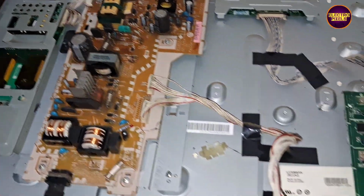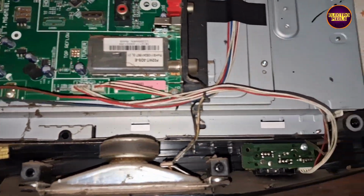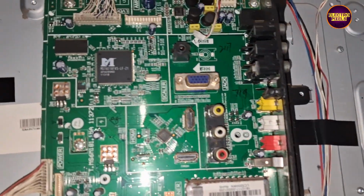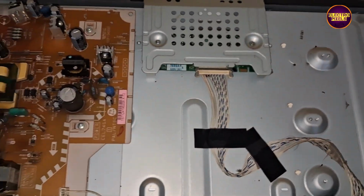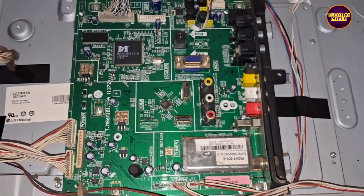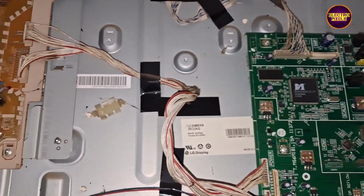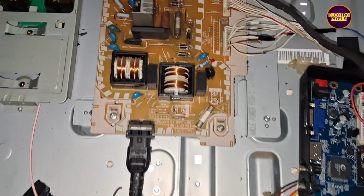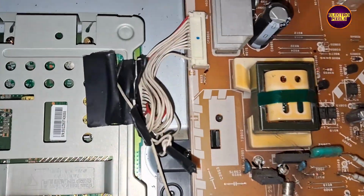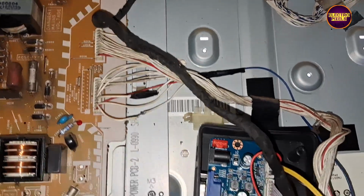Today in this video we are going to repair this JVC 32-inch LCD TV with the fault no power issue due to lightning. See friends, here this motherboard is damaged due to lightning. Since it's an older model, approximately a 12 years old LCD TV, here this default motherboard is not available in the market,